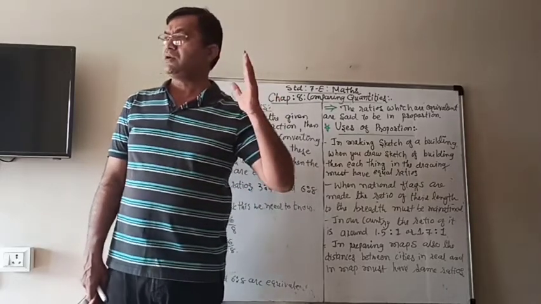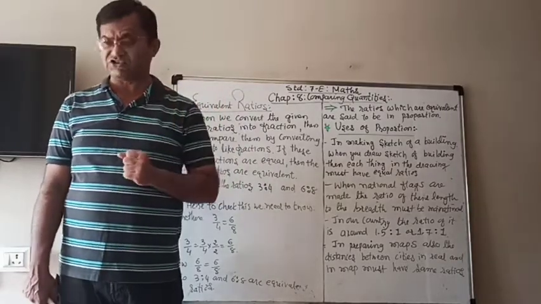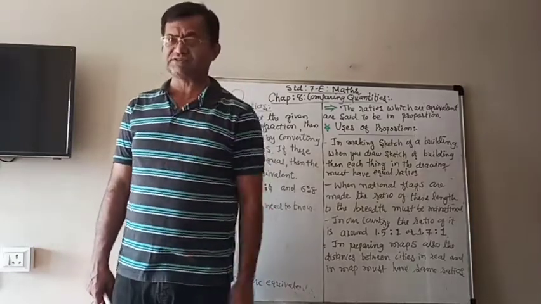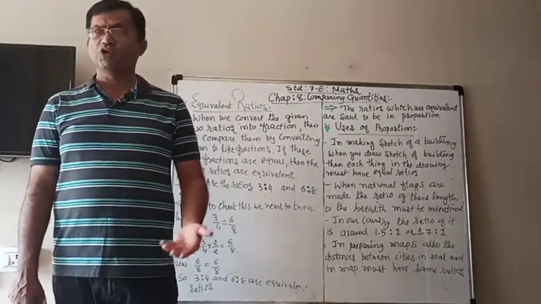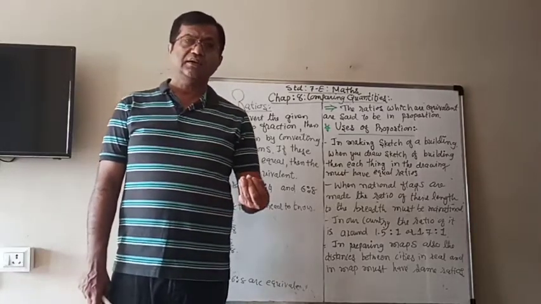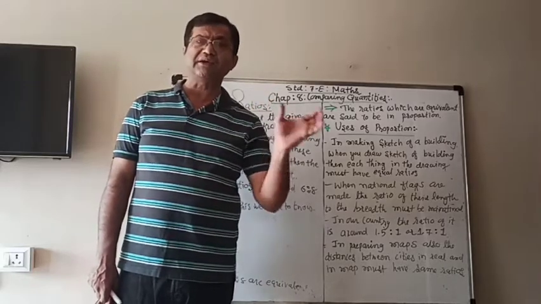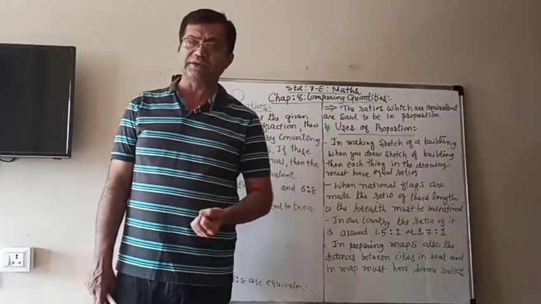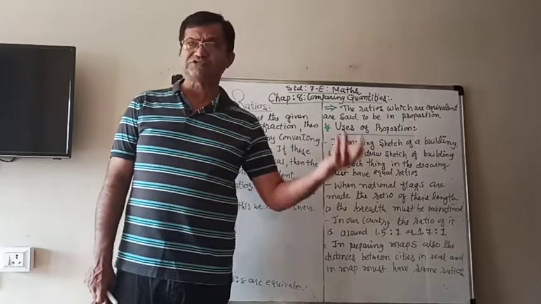So, as I told you, first of all, write down both the ratios in the form of fractions. Then compare those two fractions. You know, we already learned comparing fractions. For comparison, we convert them into like fractions, meaning having the same denominator, and then compare them. If they are equal, the ratios are equivalent.